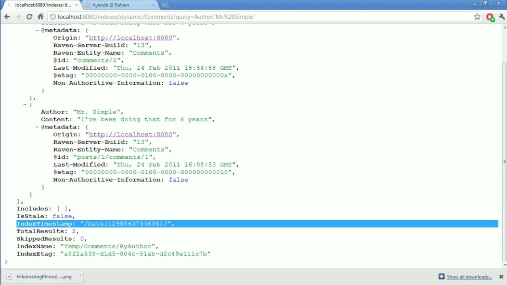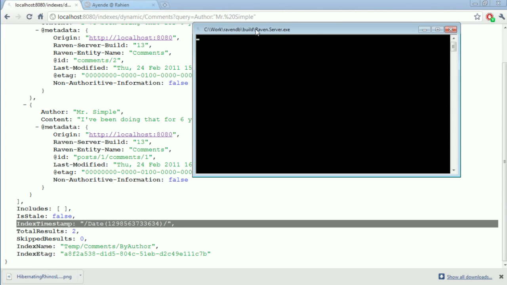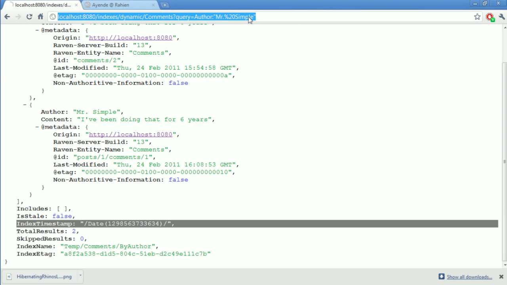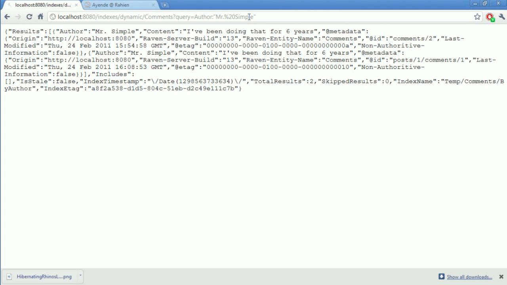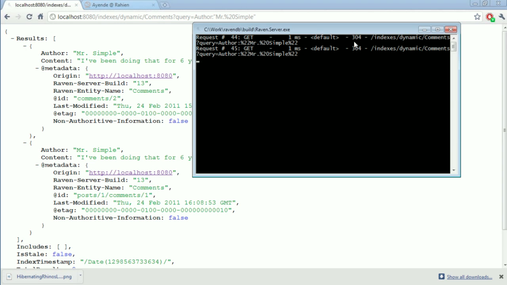So let's take, for example, this is the RavenDB server, and what I'm going to do now is actually issue a query. And now we can look at what actually happened. You can see that I issued a query, and the output of this query was actually 304. 304 is the HTTP status code which means the information was not modified.